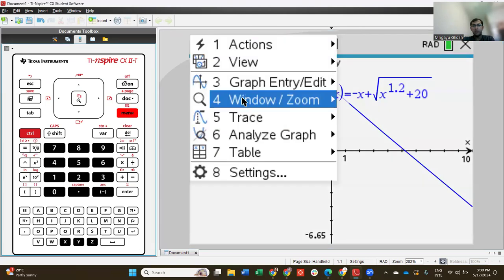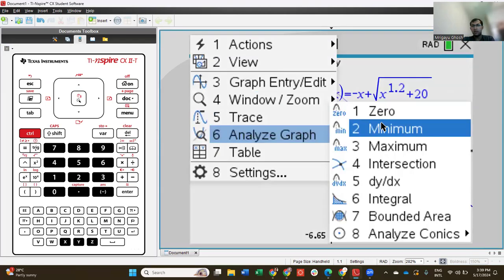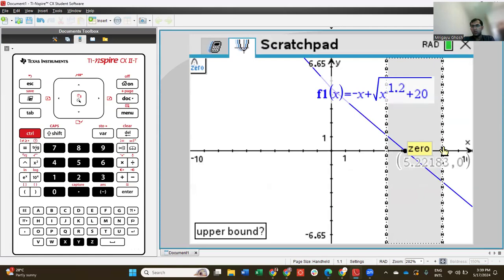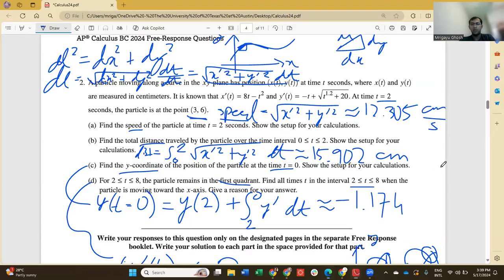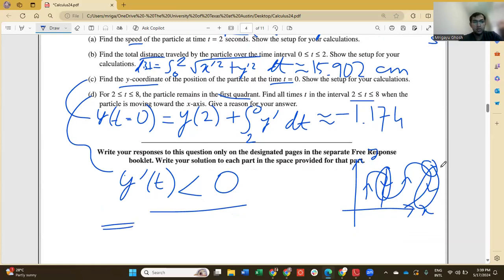So we need to find where this intersects the axis: analyze graph, zero, then do a quick root finding algorithm, and then we get our root is 5.222 approximately. So that means between 5.222 and 8, y prime is less than 0, which means that my interval is that,